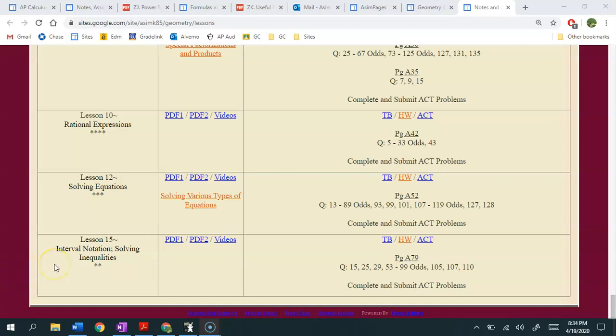Bismillahirrahmanirrahim. Assalamu alaikum, everyone. Today we're going to learn lesson number 10. It's called Rational Expressions. And this page that I'm showing to you, essentially, I just want to let